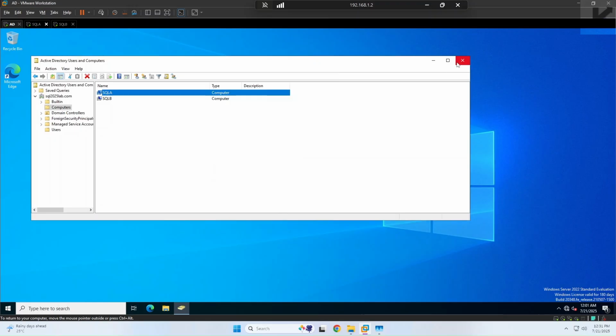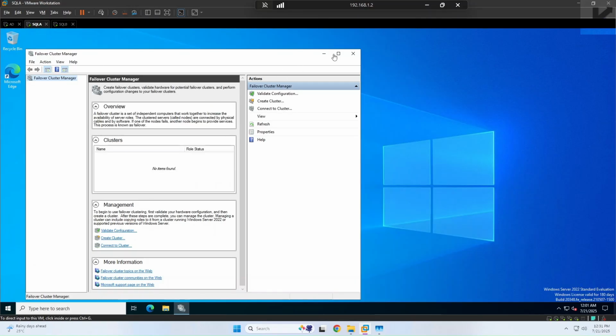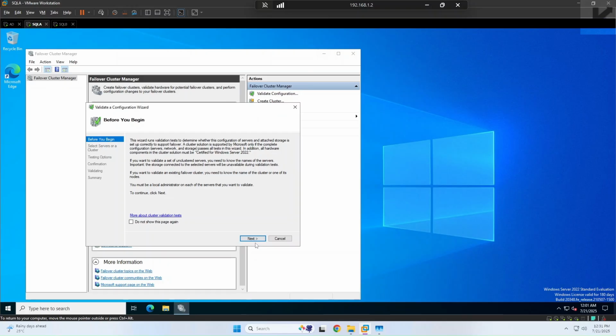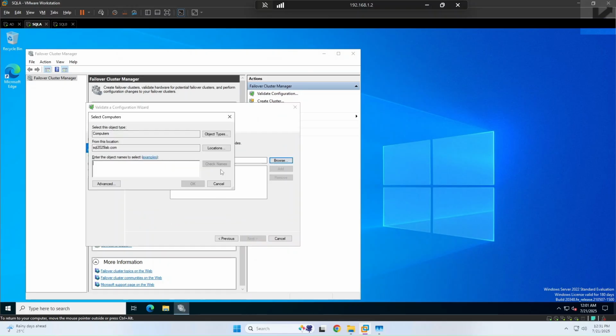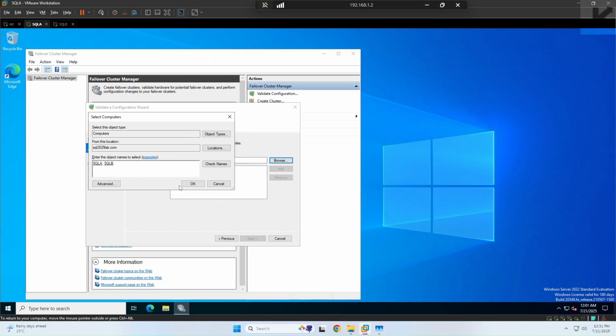So that's all good, and what we want to do is come back and now start setting up our cluster. So just a second, let me go ahead and set up the cluster. Now in here, the first thing we want to do is validate the configuration, so let's go ahead and do that. Click find, click browse, click advanced, click find now, find our two instances that we're interested in, select them,